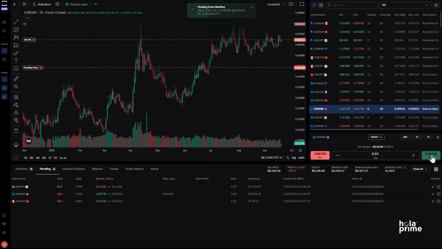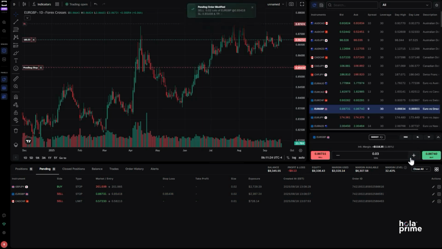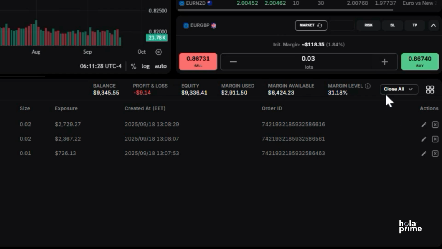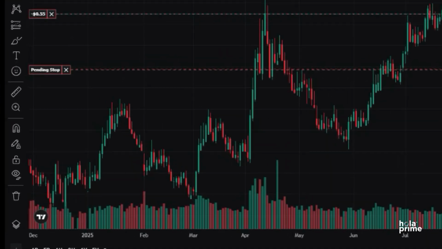Now let's see how to close or partially close trades. To partially cancel a pending order, simply click on the order again and adjust the lot size in the order panel. For example, if I decrease the lot size to 0.02 lots, that will cancel the remaining 0.03 lot order for this trade. To cancel the entire order, just click the cross icon next to it, or cancel it directly